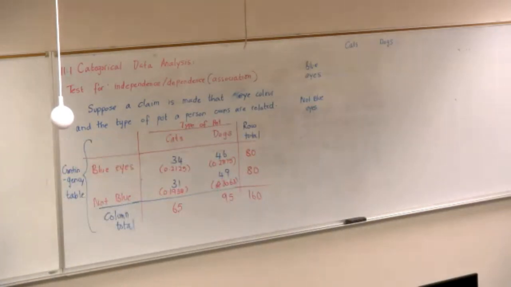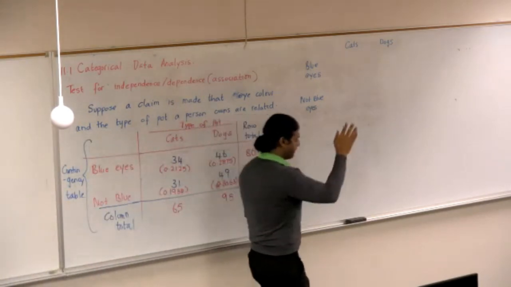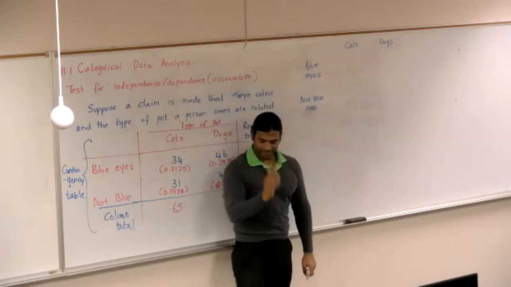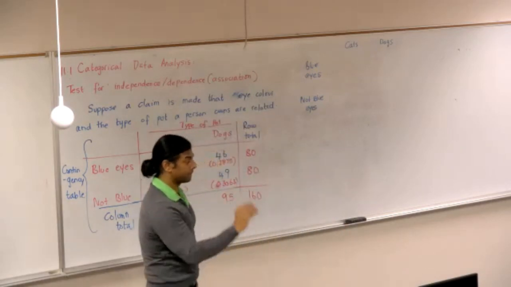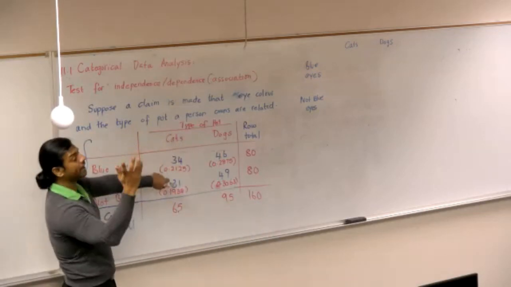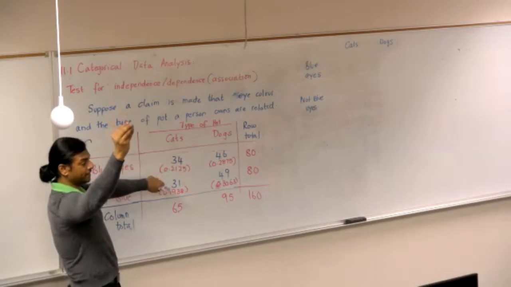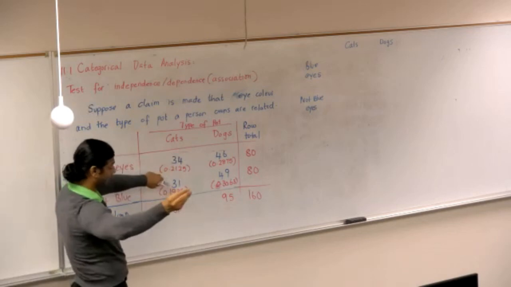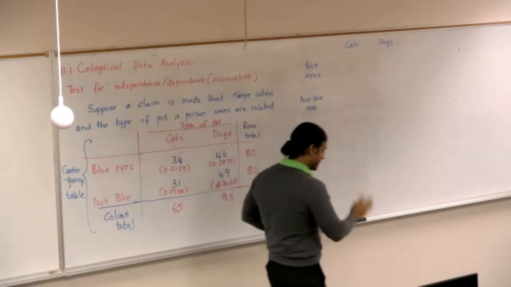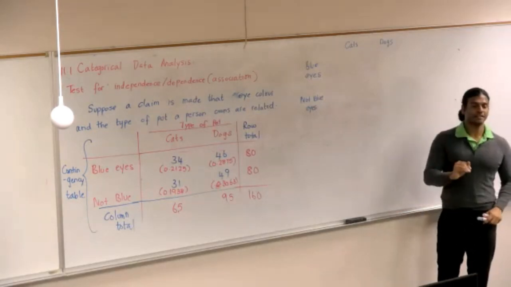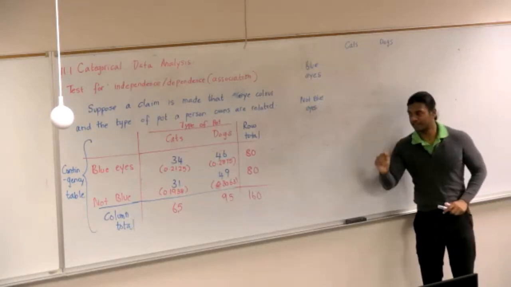So what is a conditional probability? If I pick a person with blue eyes, conditionally, in other words, I'm making sure that the person has blue eyes. Over here, my interpretation was, I don't care what color eyes you have. If I picked a person, what are the chances that they would have blue eyes and have cats? But now I'm going to condition on the fact that the person has blue eyes. So given the fact someone has blue eyes, what are the chances that they